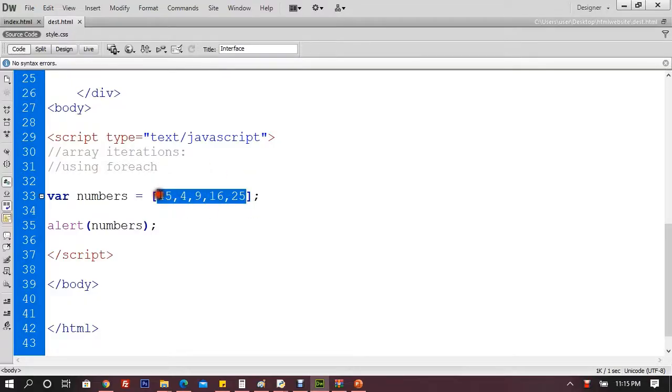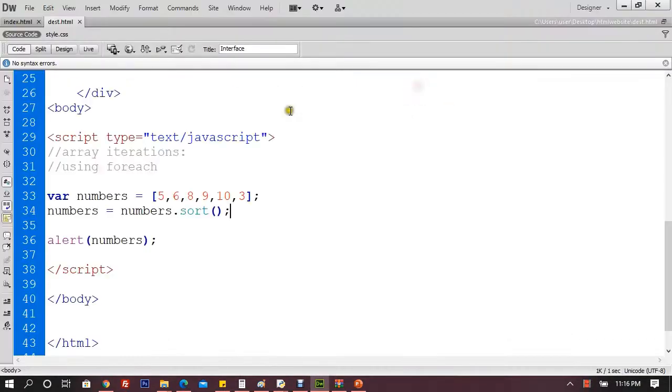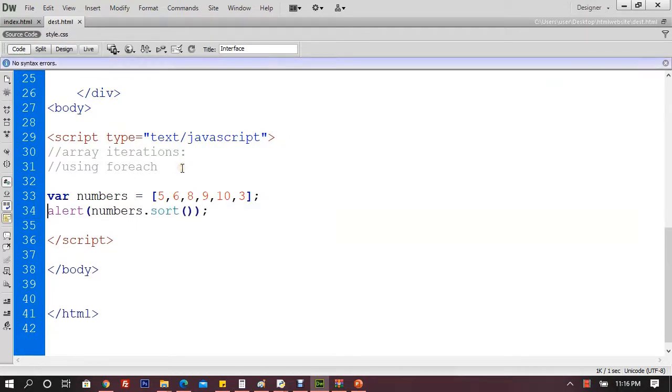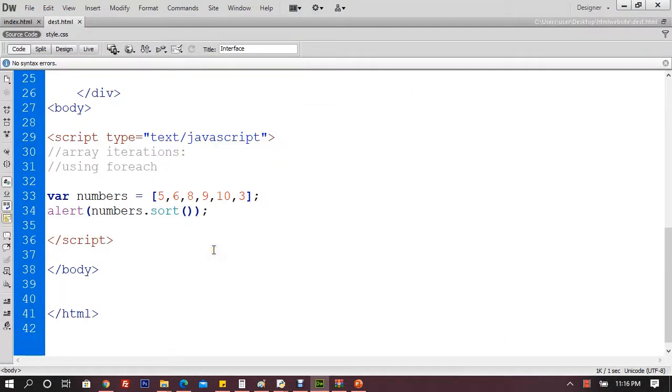Or let me say the numbers are like this: 5, 6, 8, 9, 10, 3. Right? So if you want to get them in the right order, I can assign back to numbers, numbers dot sort. So I can sort. Sort will give me the correct order. Oh no, it has not given me. Just a moment. So I can say numbers dot sort. Why don't I alert them? Okay, like this. It should give me 10, 3. No, it's exactly giving me the same. Now what? Why? Okay, now yeah. Sort has to give me